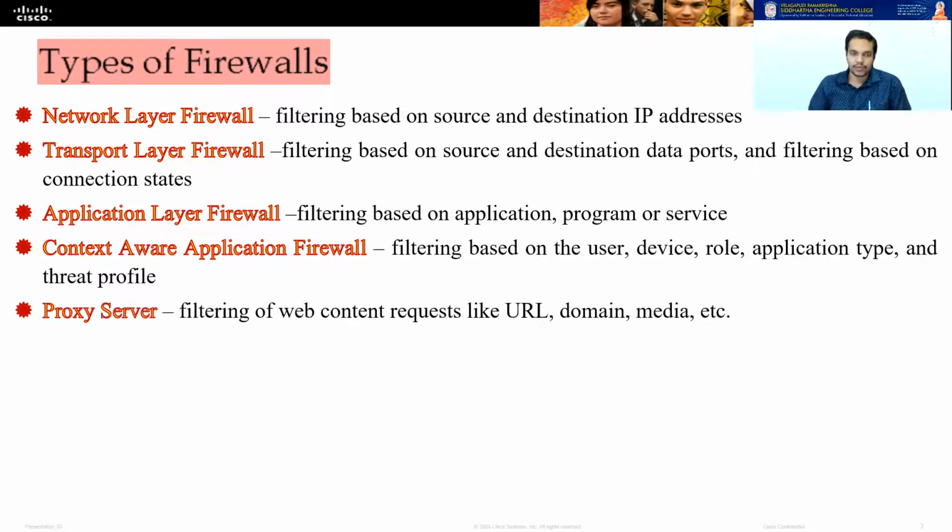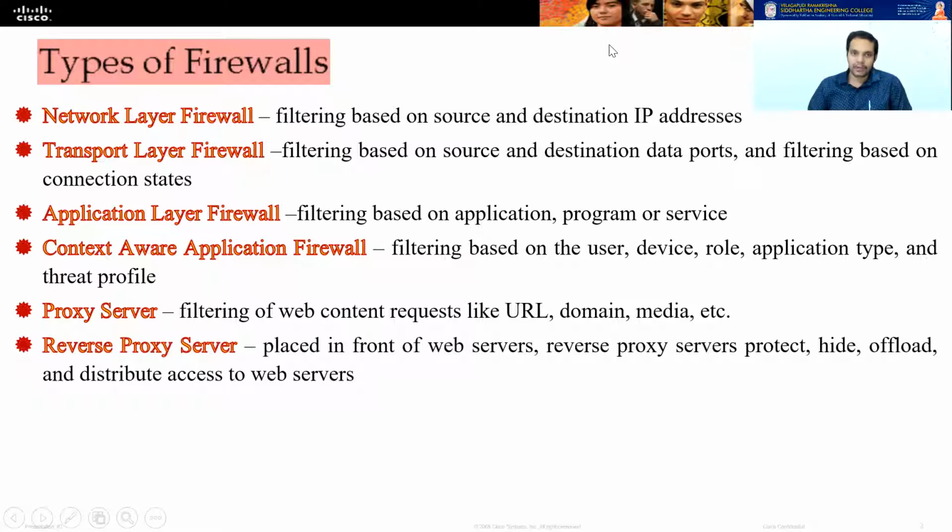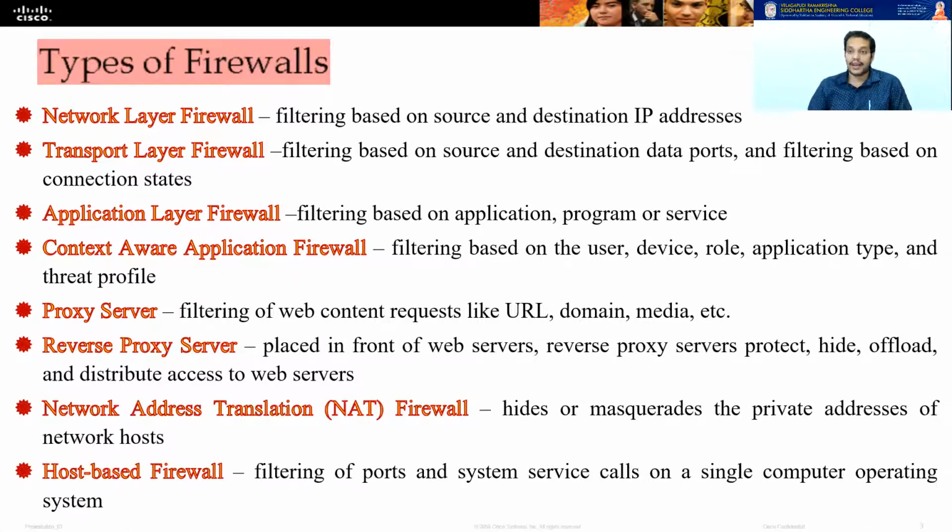There are other firewalls, such as the context-aware application firewall, proxy server, reverse proxy server, and even a NAT firewall, network address translation, which is done to map public and private IP addresses. Finally, a host-based firewall is a firewall dedicated to a single system. There are different types of firewalls, so which one is to be chosen is based on the network administrator's idea of what to protect